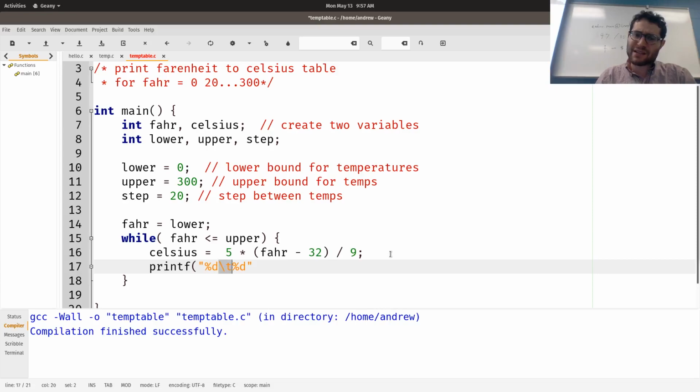And remember, \n gives us a new line. \t is short for tab. So in other words, it puts a tab in between them. So it's %d \t %d \n for a new line. We have 2 digits in here, so I'll do Fahrenheit and Celsius. And I swear it looks a lot cleaner in our output than it does over here.